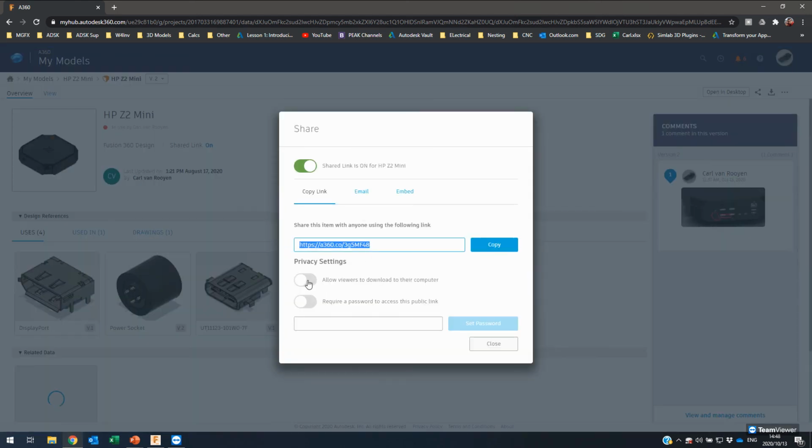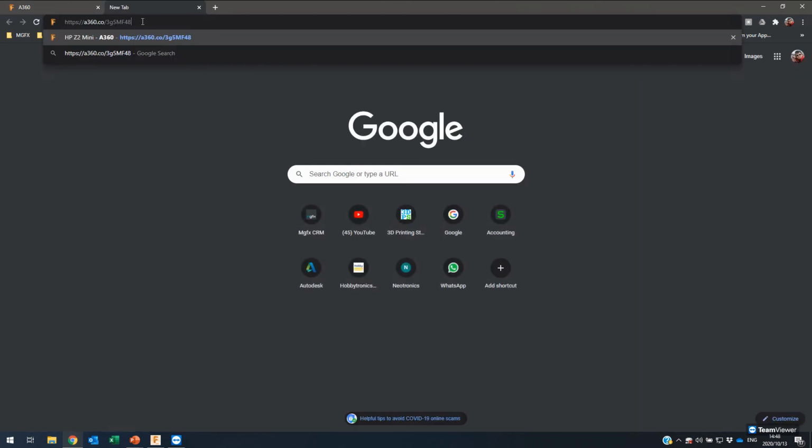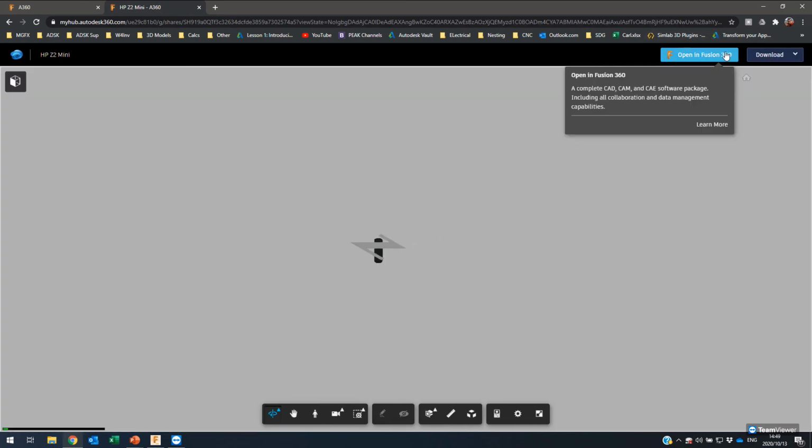Here, shared link on. I didn't allow for that to be downloaded. If they need to access that file and download it, you would need to make sure that option is switched on. And then on the top right-hand corner of that viewer, you would see the option to either open it